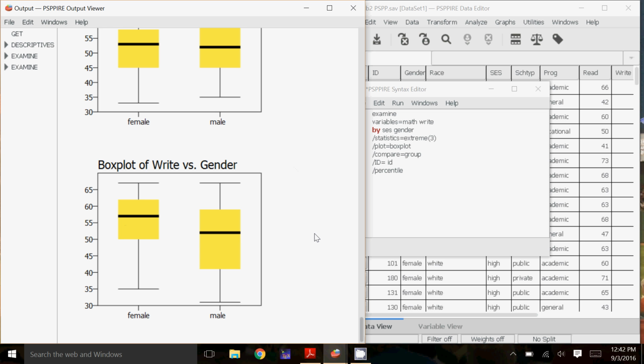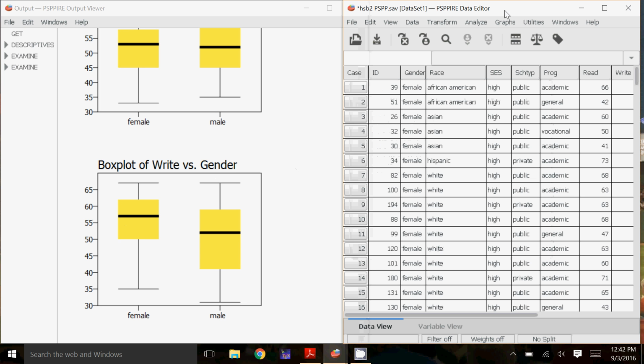Okay, so that's how you can look for the box plots and the percentiles using, again, this syntax editor, because there isn't a nice button up here for you to use. So that's the downside, but there aren't too many that we have to use the syntax editor for. If there's another one, we'll come across it in another video. So try playing around with it, use the descriptives, try making a box plot, see how it goes. This might be useful in Project 1, hint hint.